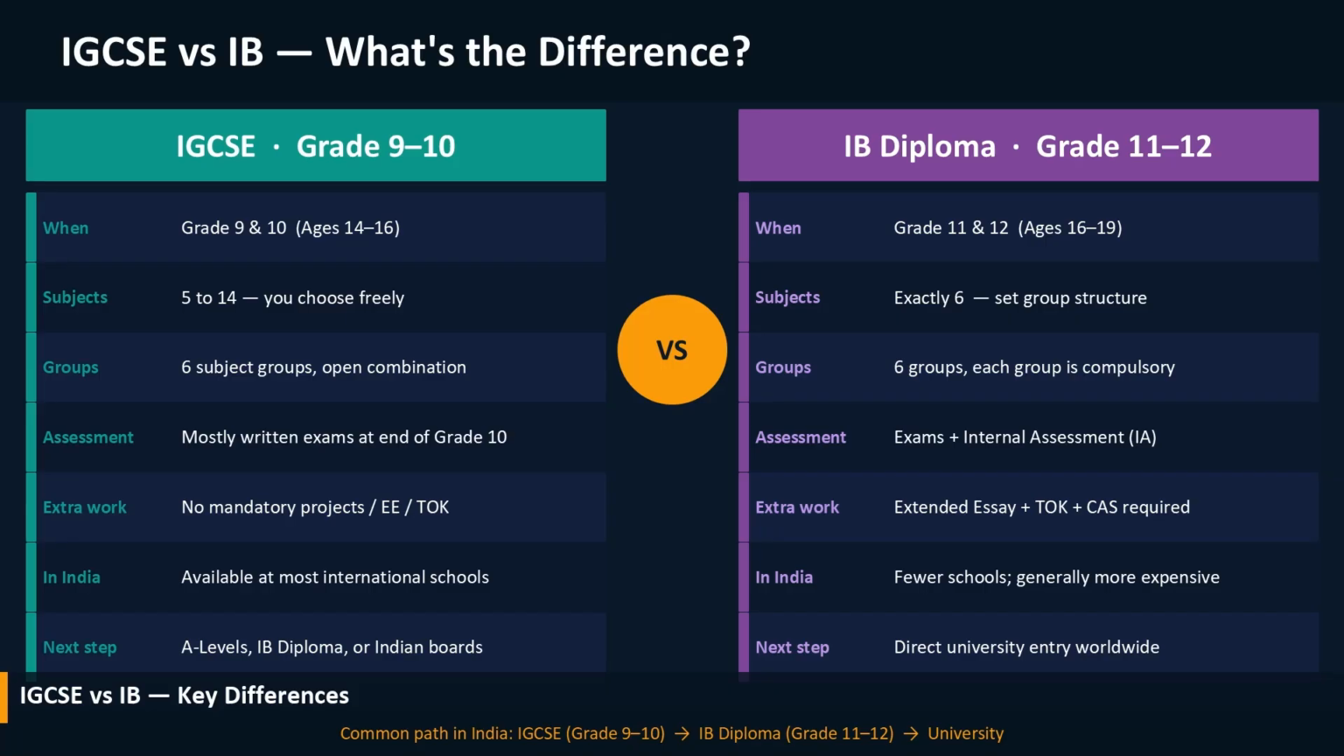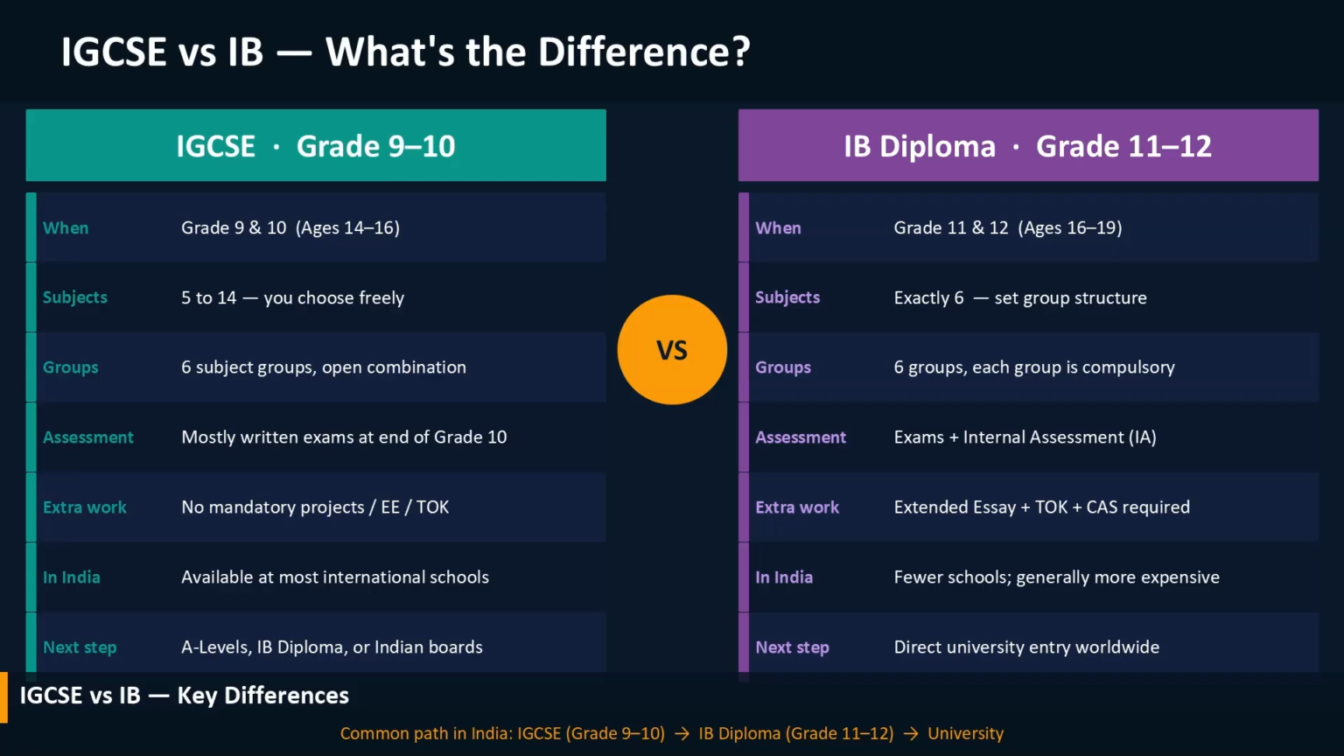IB, the International Baccalaureate Diploma Program, is grade 11 and 12. Ages 16 to 19. You take exactly 6 subjects, one from each of 6 mandatory groups, and on top of that, you write an extended essay, you do theory of knowledge, and you complete a CAS project. It is significantly more demanding. Here is the most important thing to understand. These two are not competitors. For most Indian students, the path looks like this: